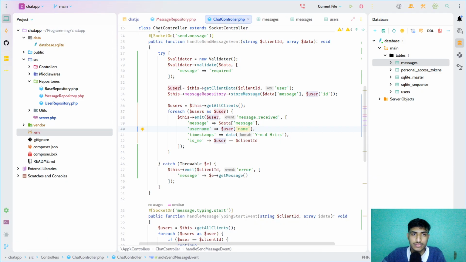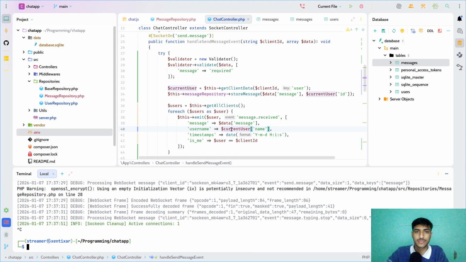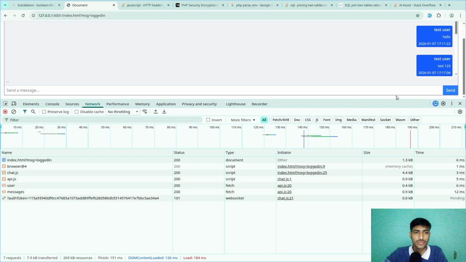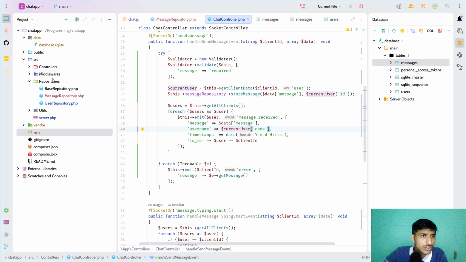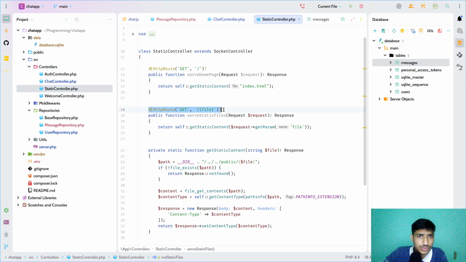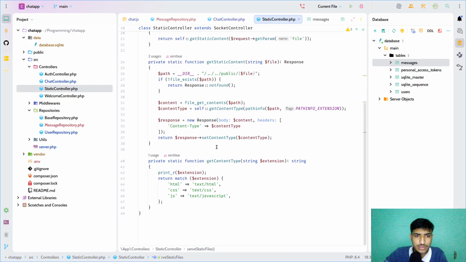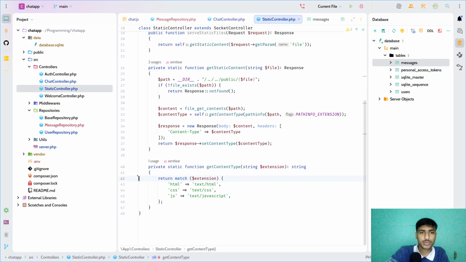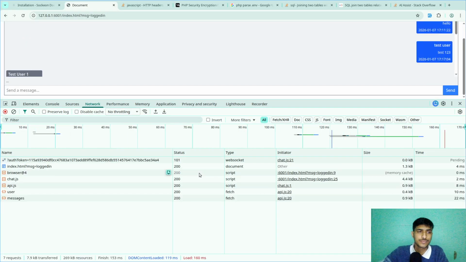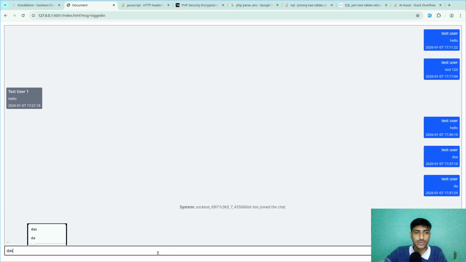So what's the issue? Cannot access offset of type string and string. So current user is the current user. I think we have a static controller and we have the subprinter here. Yep, we have to remove this. We have the messages and we can just